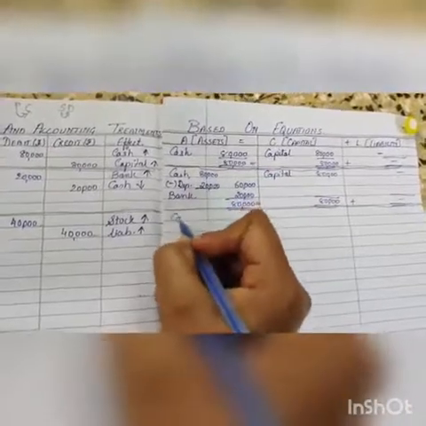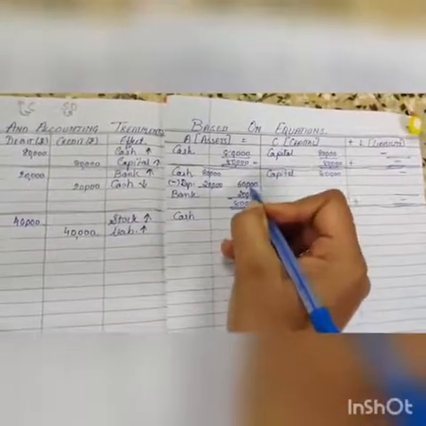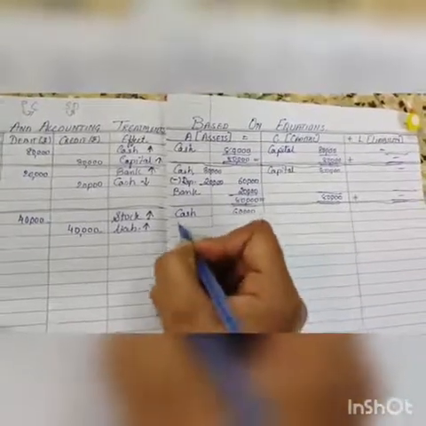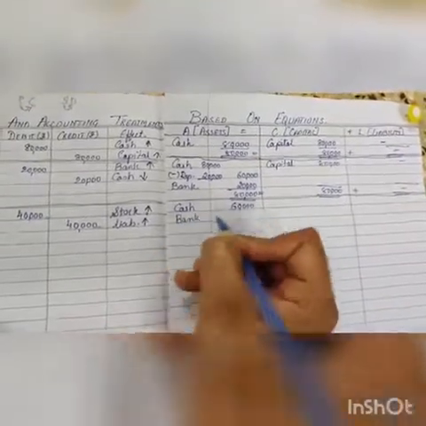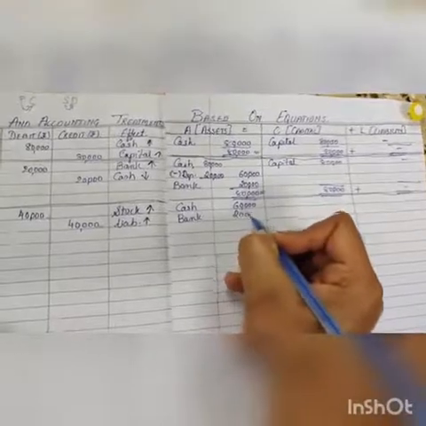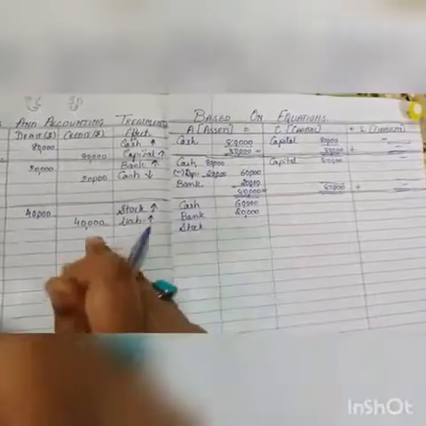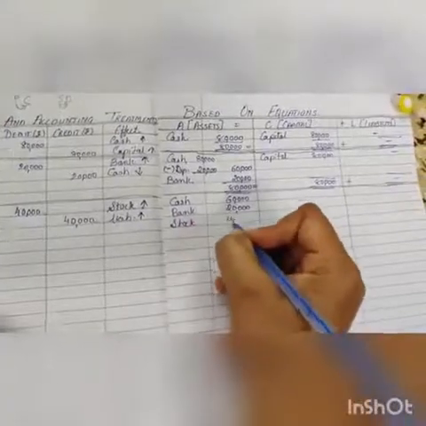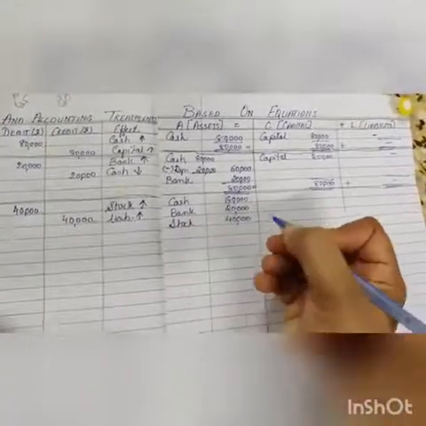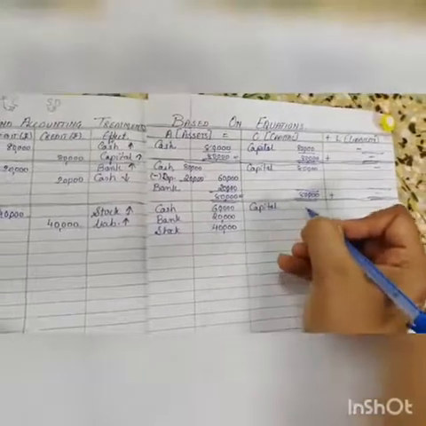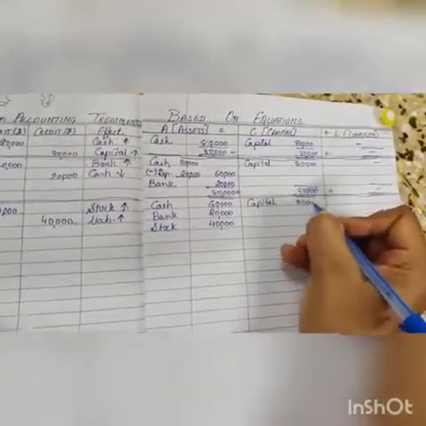So here the first two things we are already having. We are having cash, how much? Now you directly write down: cash you are having 60,000. Then bank you are having 20,000. Now stock will come. Stock you are having of how much? 40,000. So your stock is rupees 40,000. Your capital as it is, write down capital, that is 80,000.